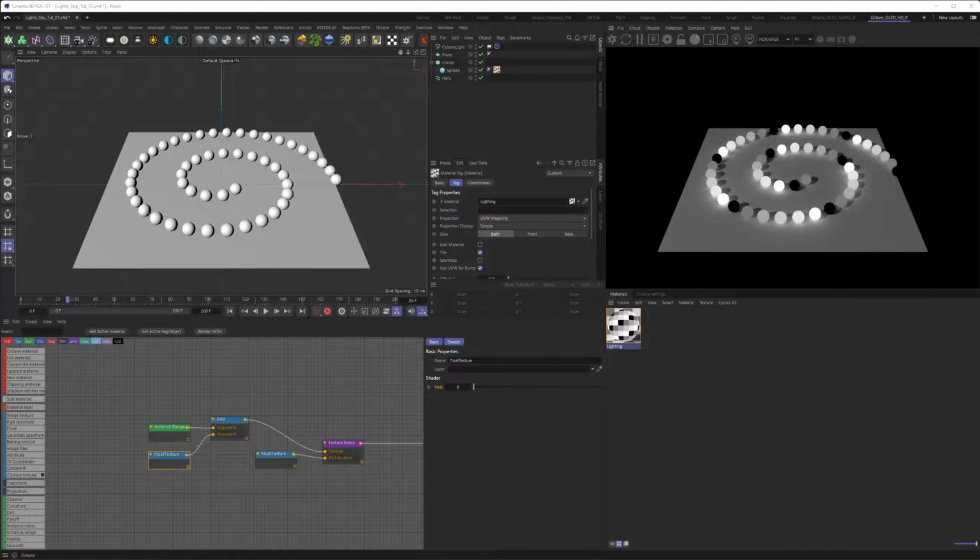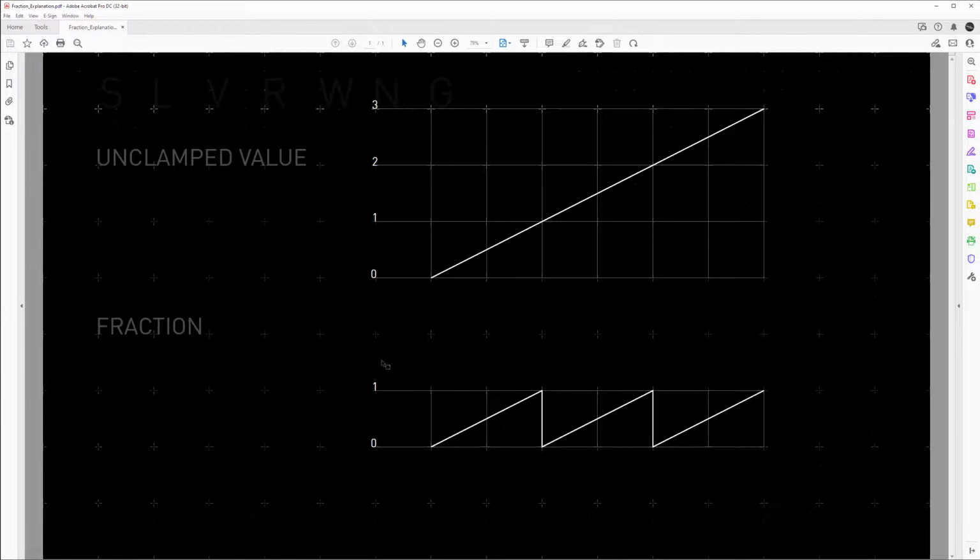So let's go to our explanation chart here. What we have right now is a value that's steadily increasing. So we go from 0 to 0.5 to 1 to 1.5 to 3 and so on. And we lose everything in overexposure at the value of 1. So we want to have something that cycles through. There's actually a math node called fraction.